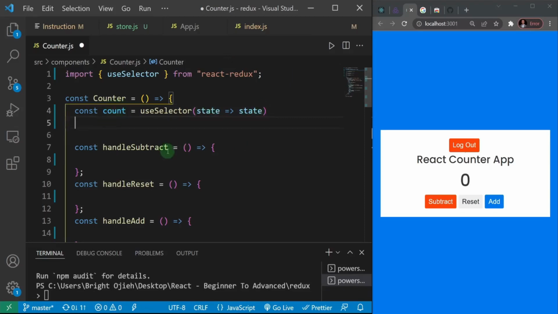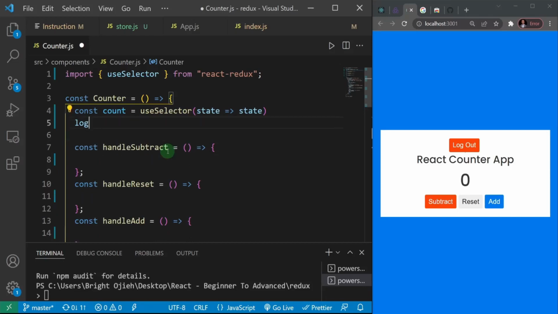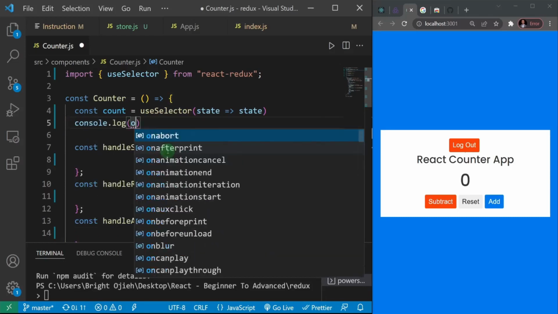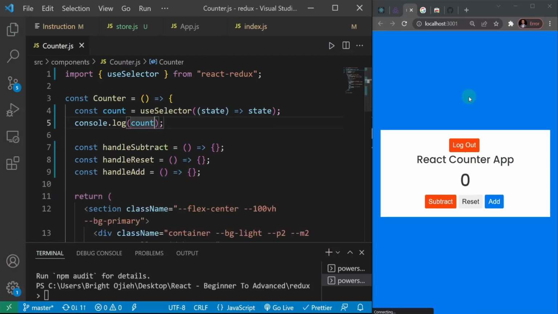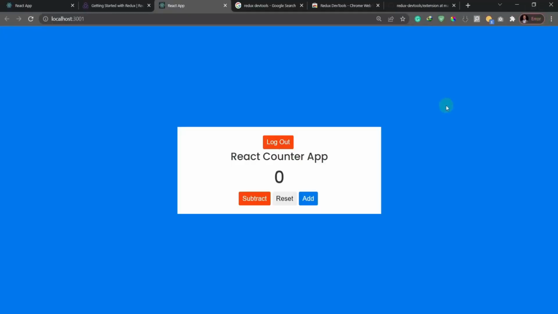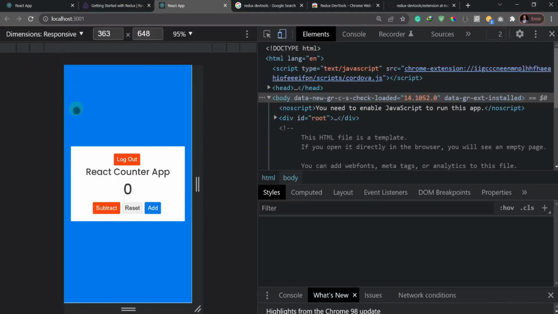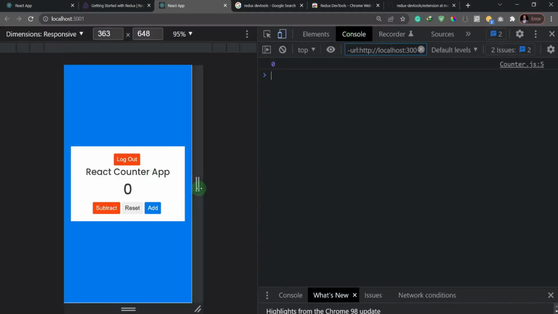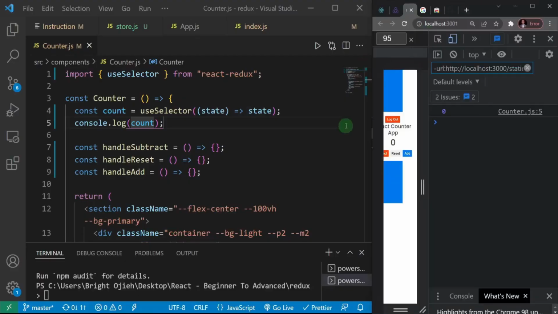Now let's just go ahead and do a console.log of the count. So I'll do console.log and I'll log my count, and then I'll go ahead and save that. Let's see what happens. So I'll inspect my page. Let me just open this up and I'll press F12 to inspect, and let's see what we have in my console.log. All right, so you can see here we have 0 in this console.log,